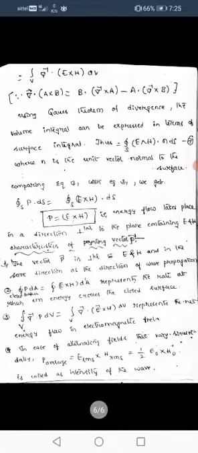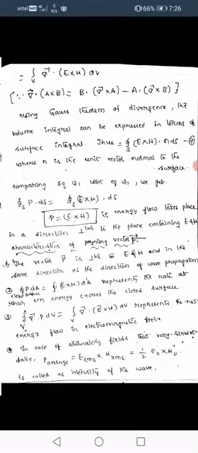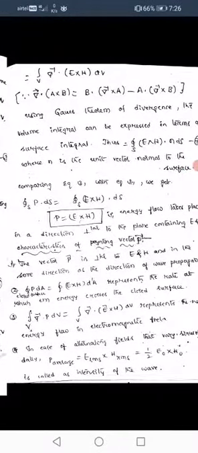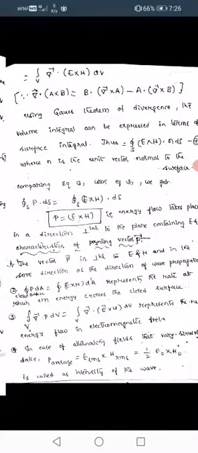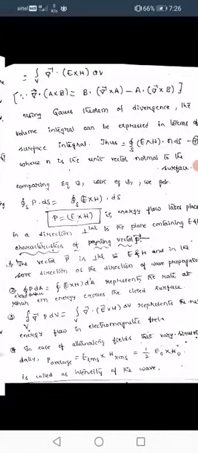Characteristics of Poynting vector. The vector P is perpendicular to E and H and in the same direction as the direction of wave propagation. Integral P dA, where dA is nothing but dS, area, over a closed surface equals E cross H dA, and represents the rate at which electromagnetic energy crosses the closed surface. Here we have taken a rectangular parallelepiped as a closed surface. So the energy leaving that closed surface is nothing but the integral over the closed surface.